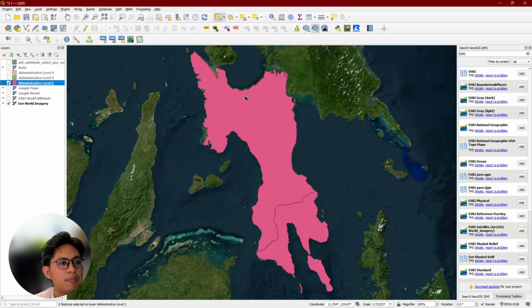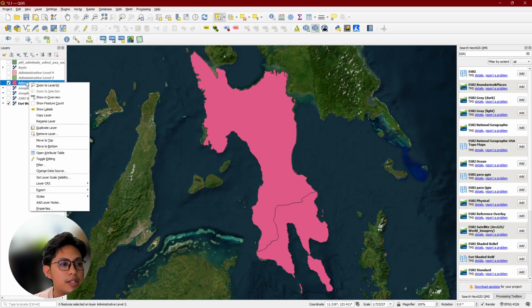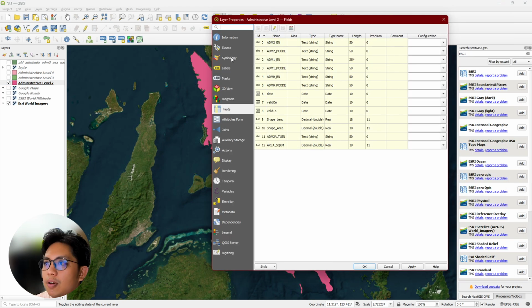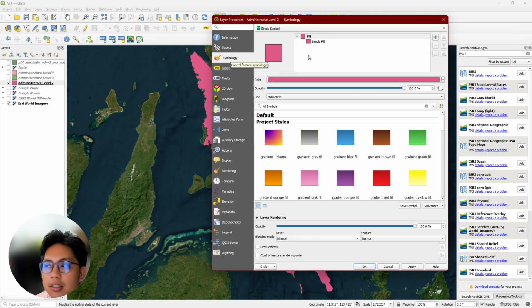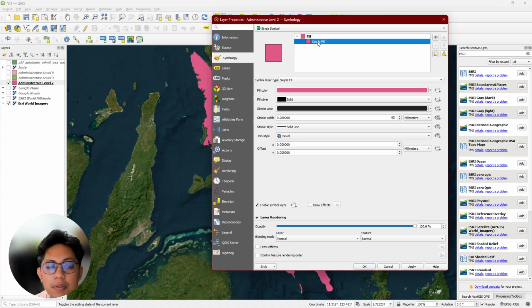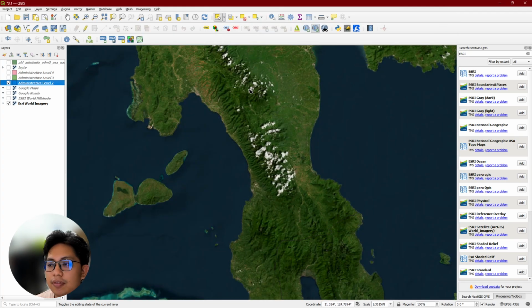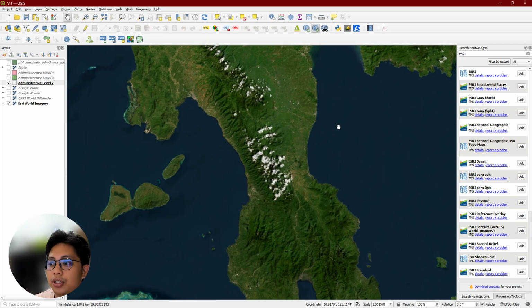But sir, there's a pink one. So let's remove it. Properties, go to symbology and click simple fill. Just make it no brush. Apply. So now I have black borders.